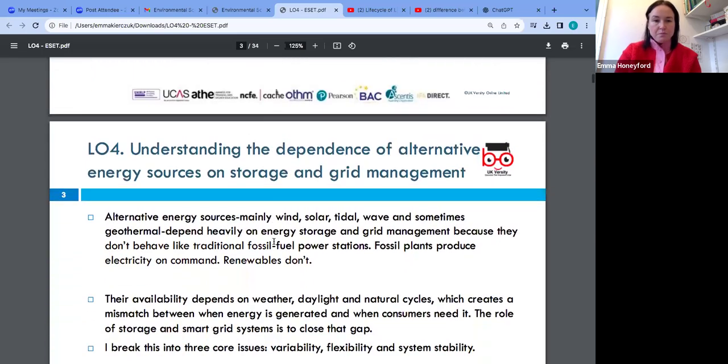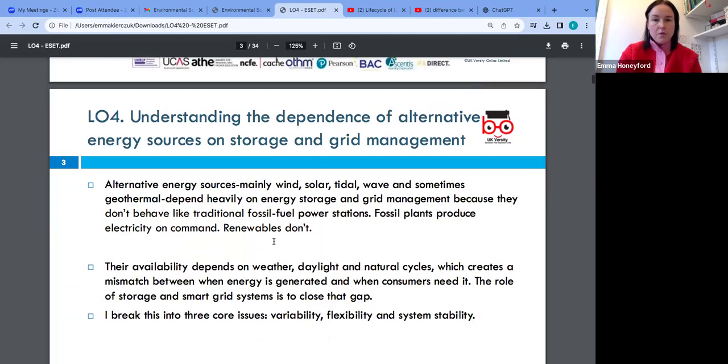Okay, so learning outcome 4. So we're going to today really start to understand the dependence of alternative energy sources on storage and grid management. So alternative energy sources, so we've got wind, solar, tidal, wave, and sometimes